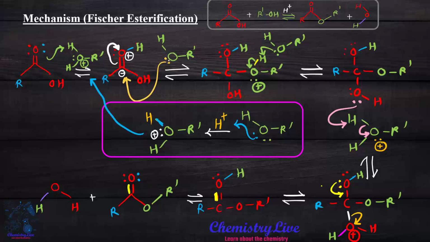The lone pair of the alcohol attacks the electron deficient carbon, and it is directly joined in ROH form with the carbon. But here the oxygen has a positive charge, so we must remove the bond. In solution, ROH is already present, so the lone pair attacks the hydrogen, and the bond shifts to the oxygen atom. So here we have these two lone pairs, and we get protonated alcohol again.